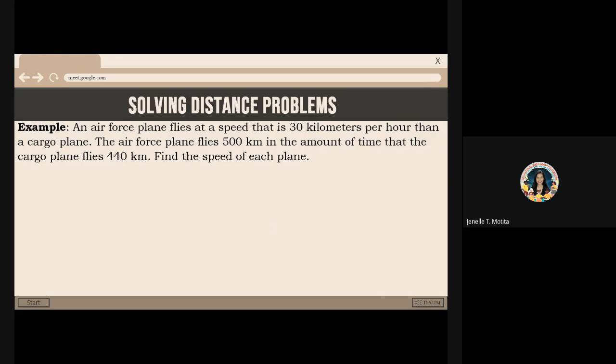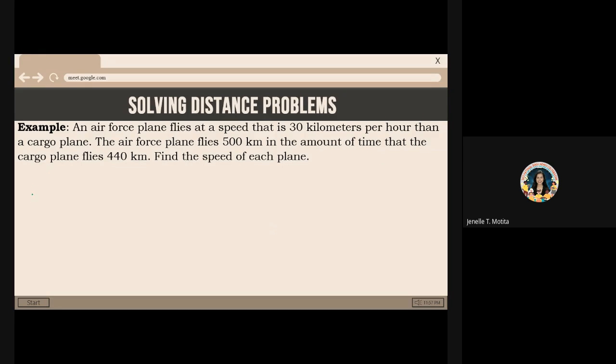Okay, this might look complicated, so let's analyze this problem. Let's understand this one at a time. To answer this one, this is just like a comparison problem. We may have a table for us to visualize the distance, time, and the speed or the rate. So let me have here